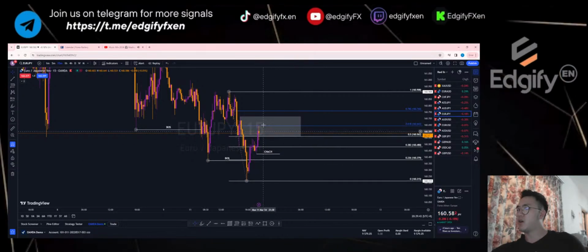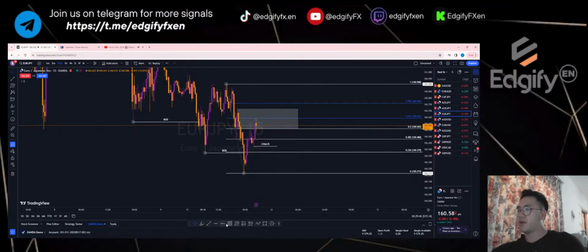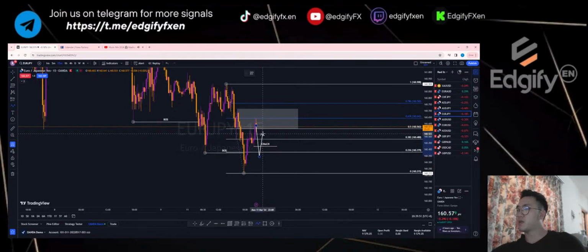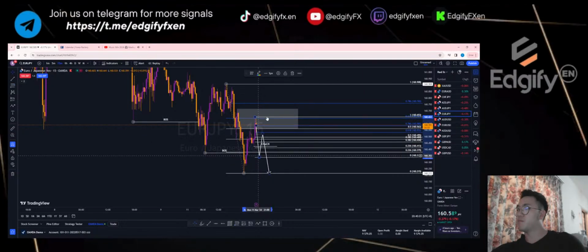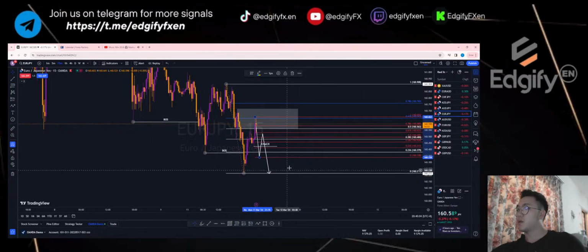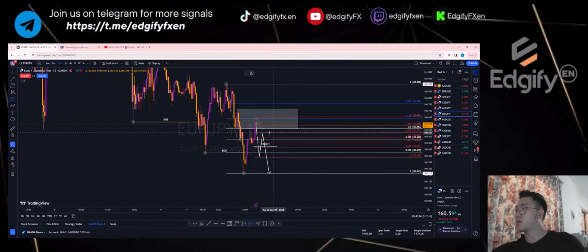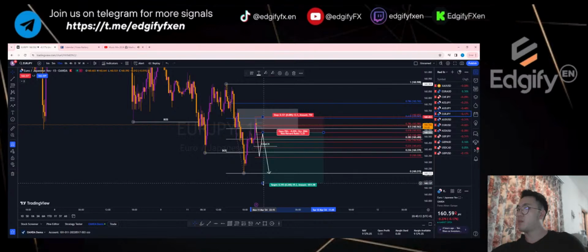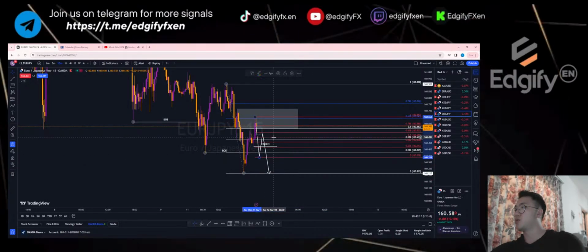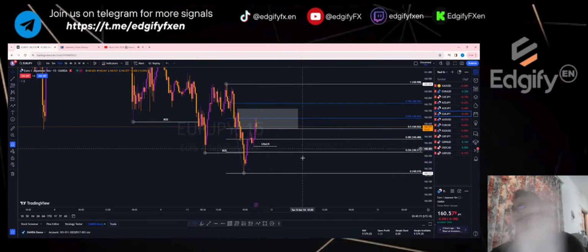As soon as price breaks this level, I will look for a possible entry. For example, if the price were to go something like this, breaks here, pulls back, I'll be looking for shorts back to this level. I'll pull a fib, and then I'll be taking my short somewhere about the 0.618 level, with my stops above here and my TP about here. So you get about a 1 to 2.61 risk to reward ratio. Just a brief example.